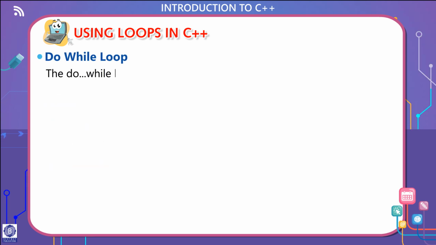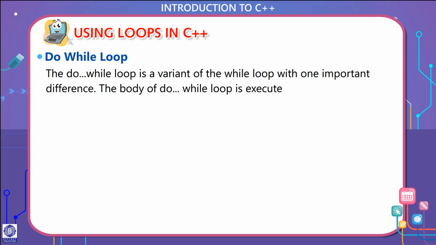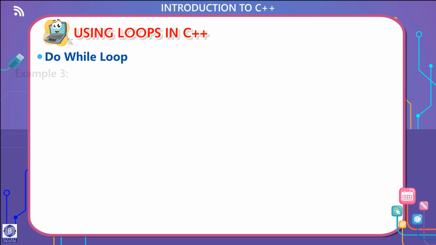Do-while loop. The do-while loop is a variant of the while loop with one important difference. The body of the do-while loop is executed once before the test expression is checked. The syntax of the do-while loop is: do { codes } while (test expression);